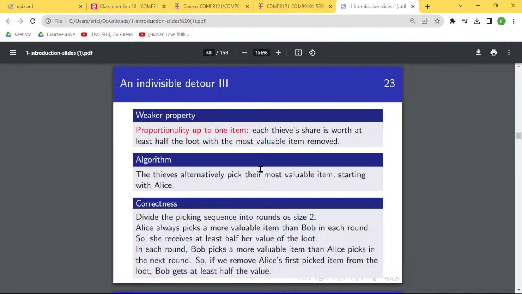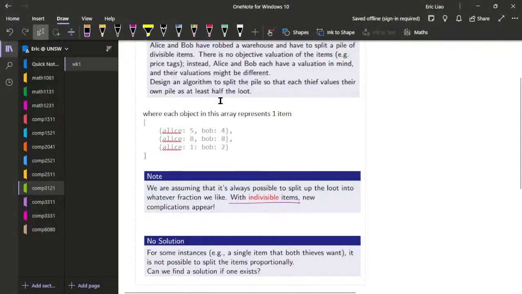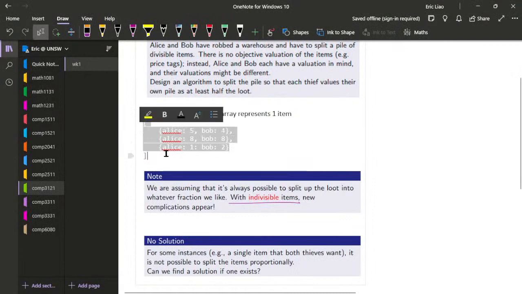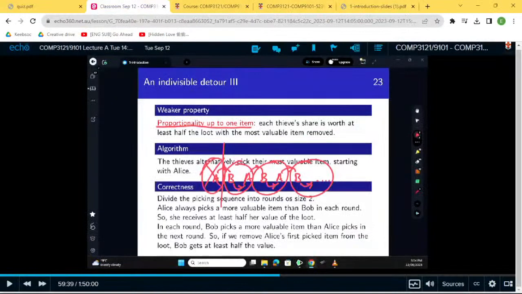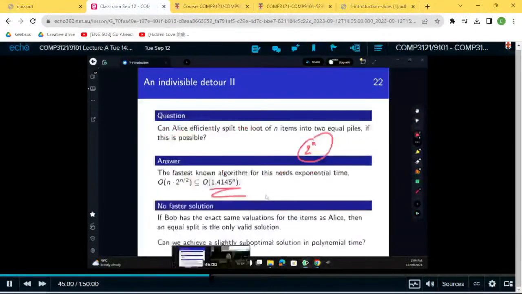Proportionality up to one item. Each shows plus one with the most valuable item removed. Most valuable as in most valuable for them? Or most valuable? Solution, which